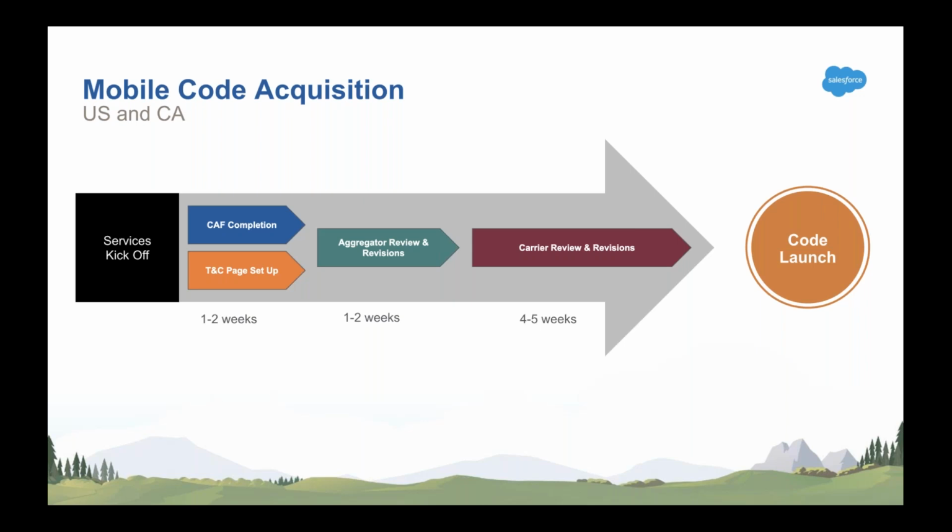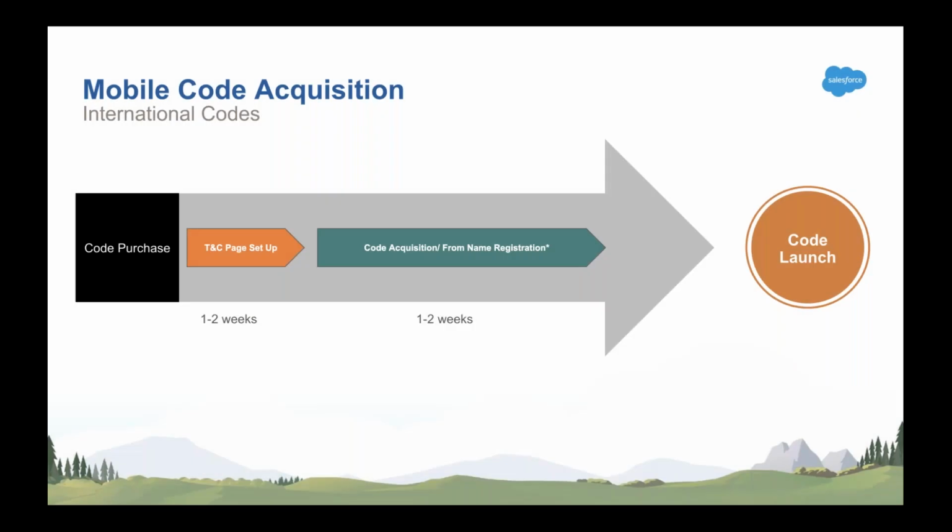The aggregator will typically review those forms when they're submitted in order to make sure that what is submitted to carriers doesn't get rejected. And then the carriers tend to take their time when they're going ahead and doing revisions. That's where the lead time comes in, in terms of how long it takes to acquire a code. Now, moving on to the international side, it is a much quicker process,